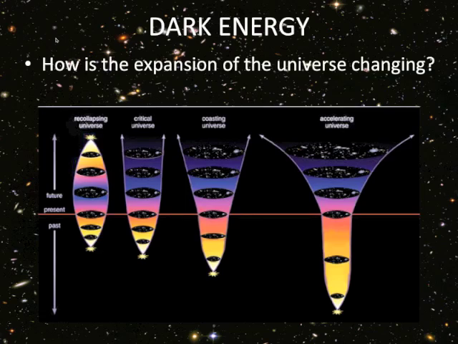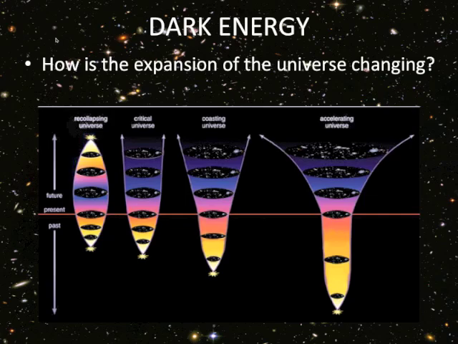So people, since Hubble discovered the universe was expanding, have asked themselves many times, is this expansion constant? Is the universe always expanding at the same rate? Or is this expansion changing with time? Is it slowing down? Is it getting faster, right? So you can think of different universes. This is the axis of time, in which the universe can get bigger and maybe collapse again over itself. So the expansion would accelerate, and then the expansion would eventually decelerate, right? Or the expansion could reach a constant and keep on expanding at the same rate, right? Or maybe the expansion is actually accelerating, and the universe expands at a faster and faster velocity all the time.